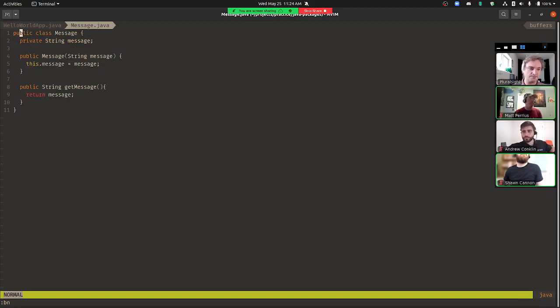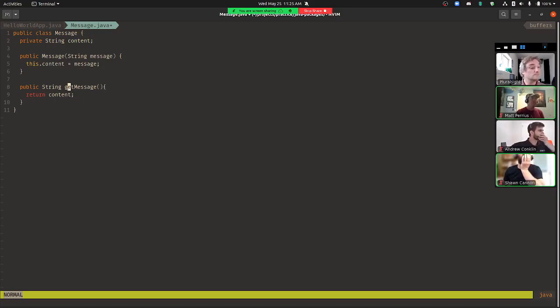Something you can do in statically typed languages. We can do this in Java, we can do it in TypeScript, but cannot do it in CSS or JavaScript, is rename things. In Vim it's leader RN for rename, and then I can give this a new name. Watch line 9 when I do this. I'm going to change that to content. It looks through all of your code and finds everything that's pointing to the same variable. It's like a bulk rename. It's awesome. Highly recommend it.